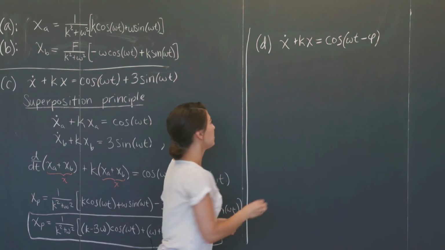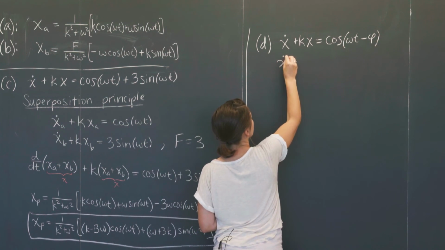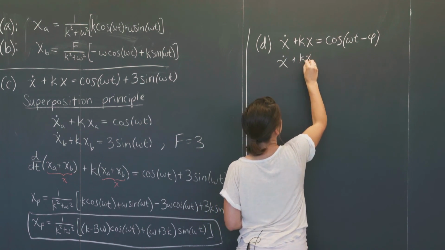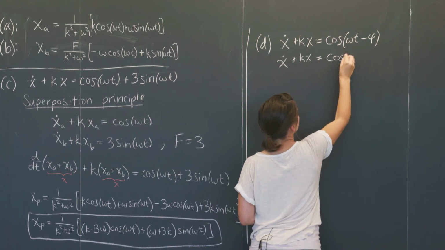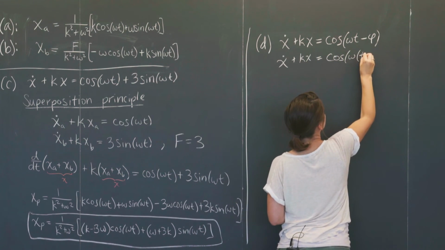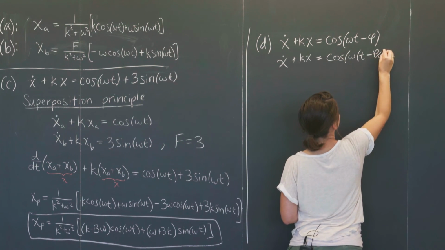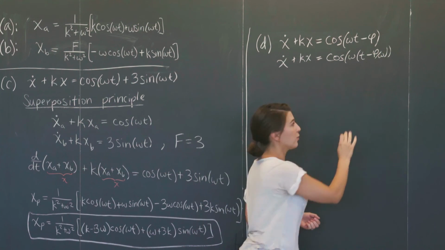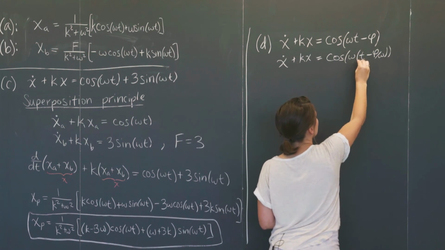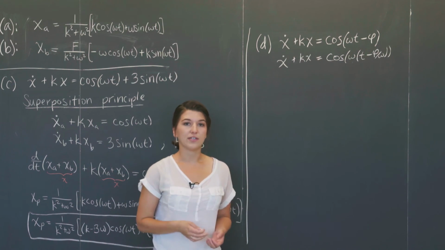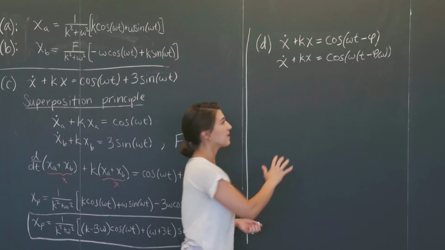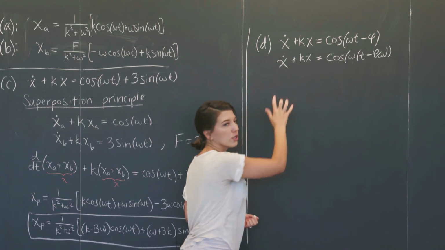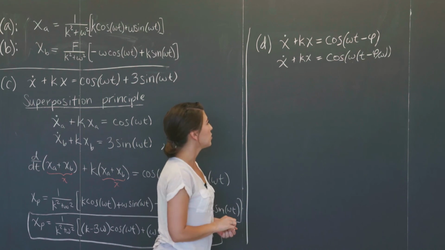If we notice that we can rewrite this as x dot plus kx equals cosine of omega times t minus phi over omega, so I've just factored out an omega here, we can actually use what's called time invariance. That's because this is a linear ODE, and none of the coefficients depend on time, so we can apply this